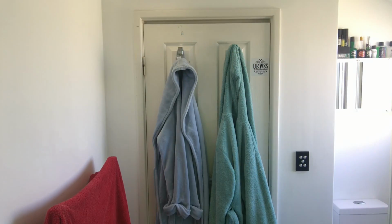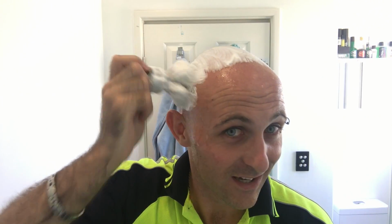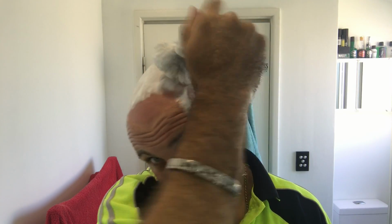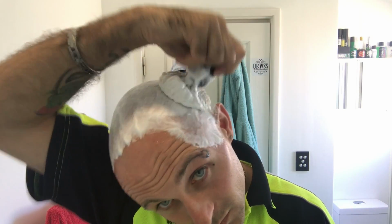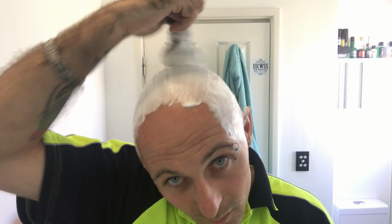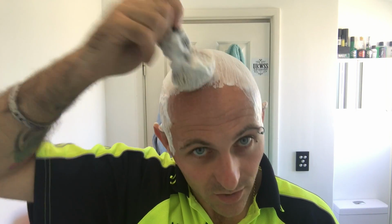Right, I'm going to wet the head. Awesome prep. There's no better prep than that, just a bit of cold water, nothing else. And here we go, let's just see how we... Well, that's pretty impressive, just for a first touch on my head. I can feel that this brush is really well loaded. I'll be honest with you, I wasn't expecting much from that. I was sort of struggling with it. I didn't think it was doing that well, but